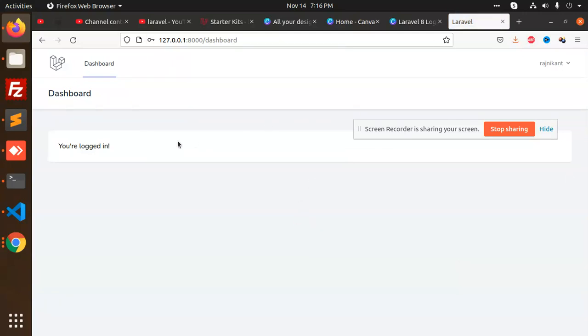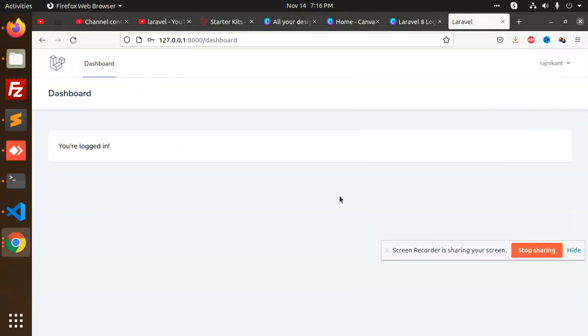So see, right now it's simple like this. My account part is not there, but in Jetstream the my account part is there. We can delete the account, we can enable the registration, and so on. So this is the simplest one, and you can customize this accordingly. Okay, so this is Laravel Breeze.